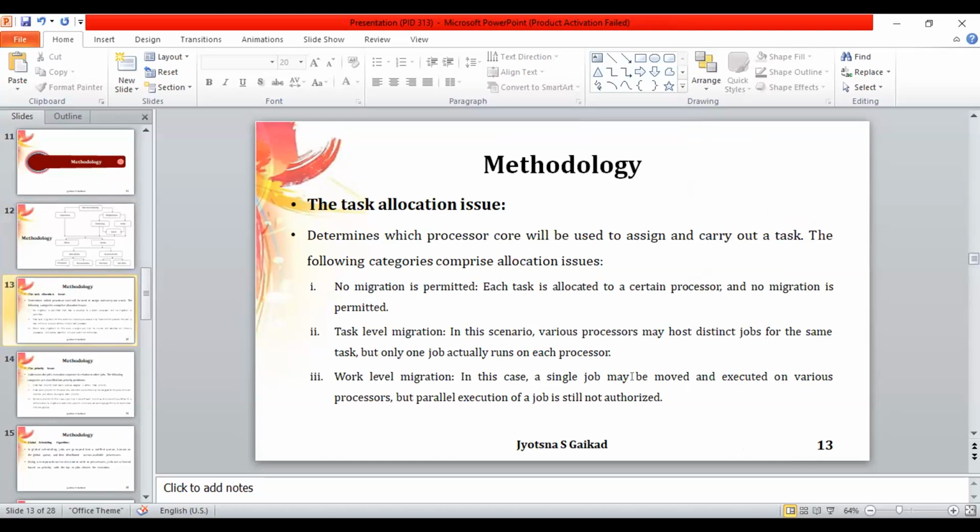Second one is task level migration. In this, various processors may host distinct jobs of the same task, but only one job actually runs on each processor. And the third one is job level migration. In this case, a single job may be moved and executed on various processors, but parallel execution of a job is still